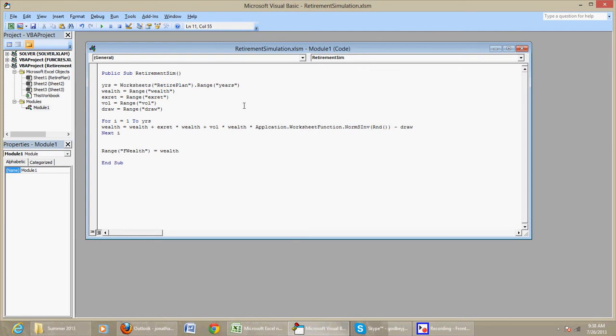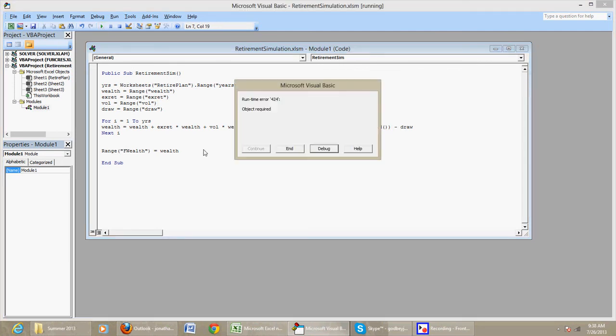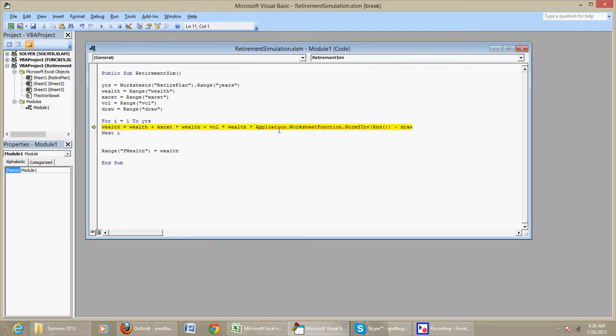If you had a misspelled word and you ran this, you would come up with this error, and this would light up, and there's something wrong in here. Application right there. You can hit the reset if you want to. Run, and now that works. Okay, so